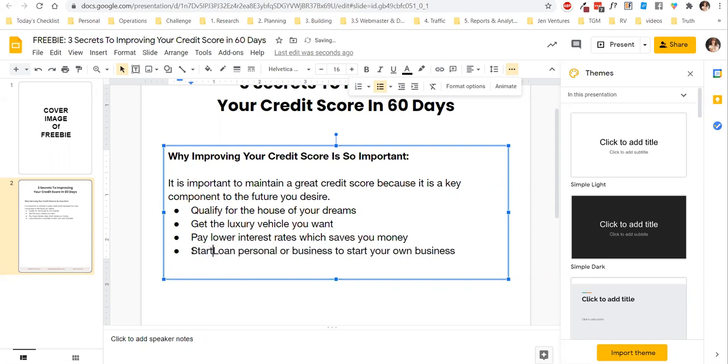Qualify, get, pay. Start your own business with an approved loan. With an approved business